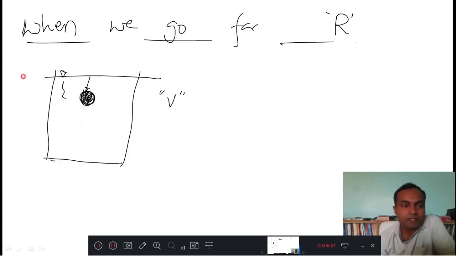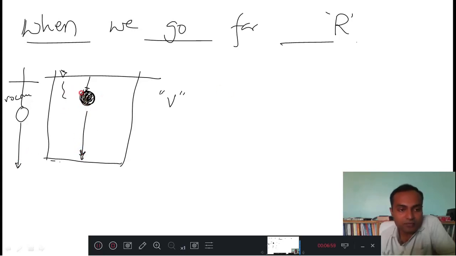Okay, think that this is a vacuum, and here you drop a steel ball, then measure the velocity, and later you drop it here and measure the velocity. Both are not the same because here some resistance will be there. Then what are the factors which are resisting the movement of the steel ball?